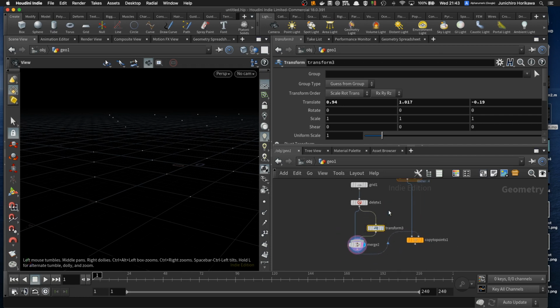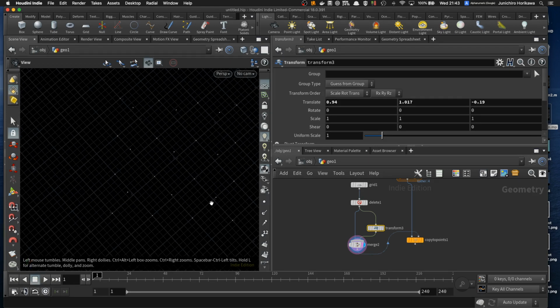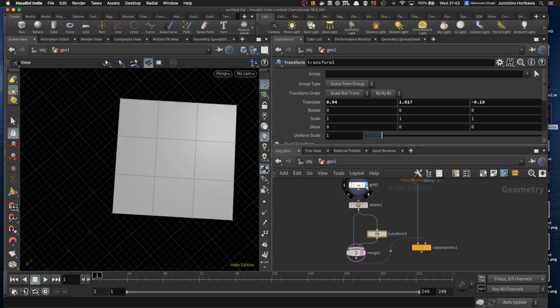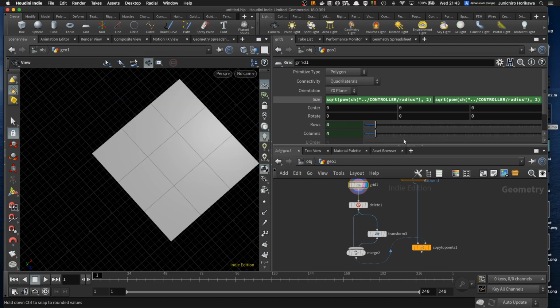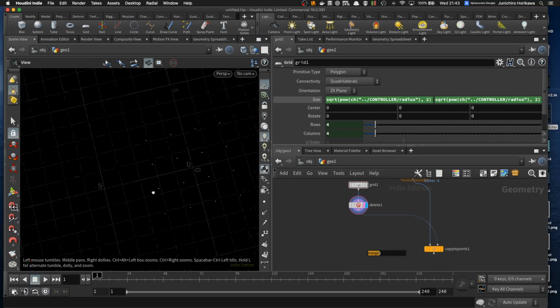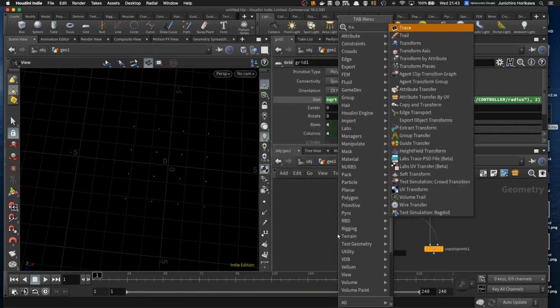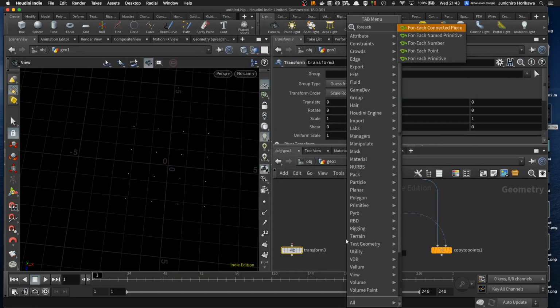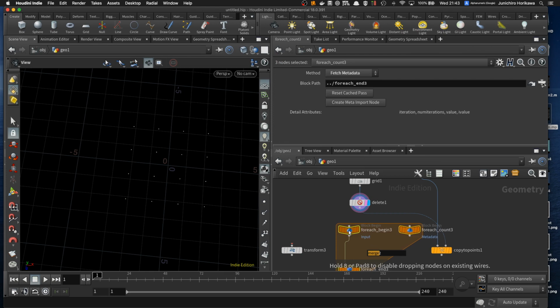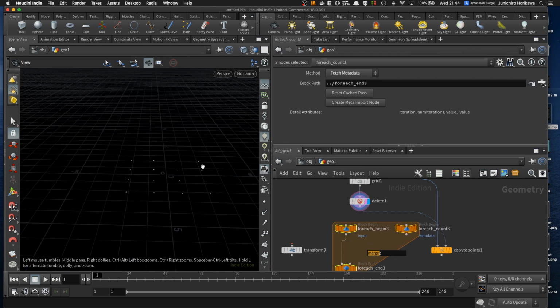So let's do that. Now, in order to move points to the center, it might be easier to do that without doing the rotation. So I'm gonna reset the rotation to 0 for now. And then let's delete those and use a transform node, as well as a for each number node, to lay out this point in a y direction